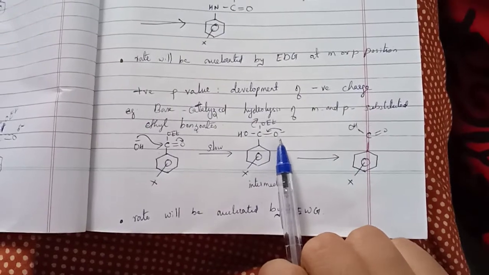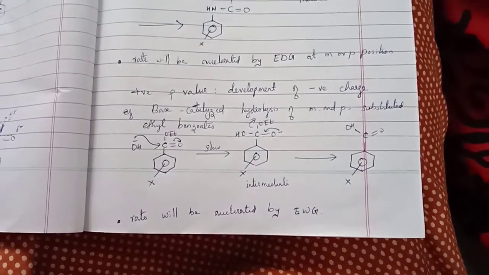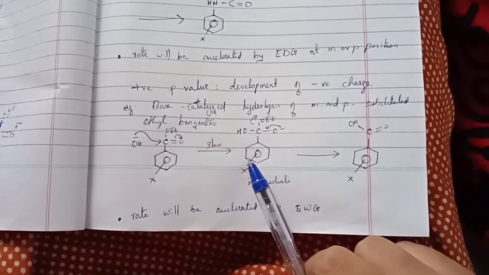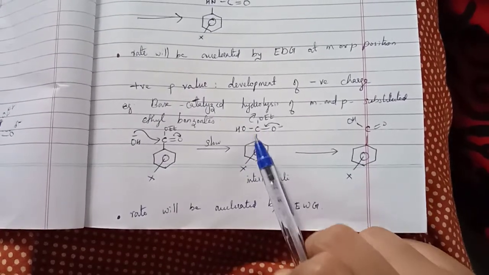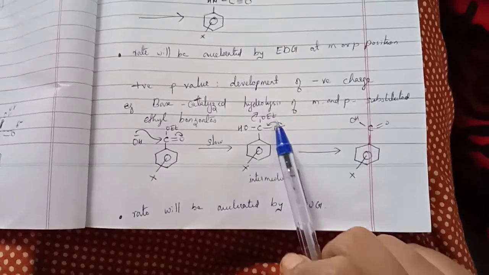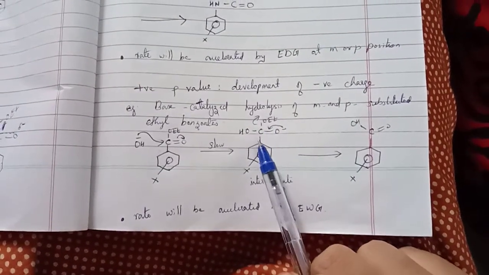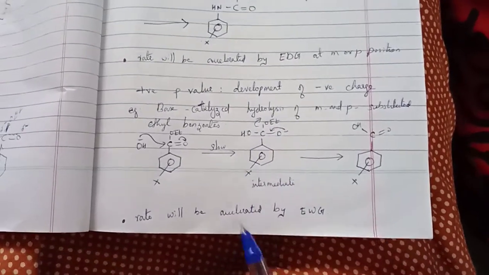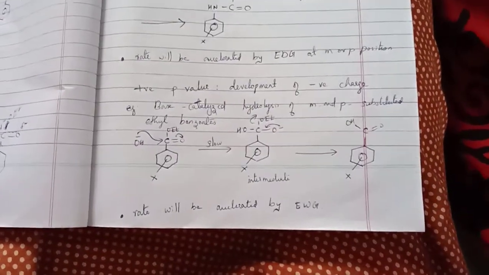Okay, so this is the example for reaction with positive rho value. So this negative charge should be diminished for the reaction to get accelerated. So electron withdrawing group will help this reaction. Okay, so electron withdrawing group will withdraw the electron charge density from the oxygen and stabilizes this intermediate and accelerate the reaction rate. So this is the significance of